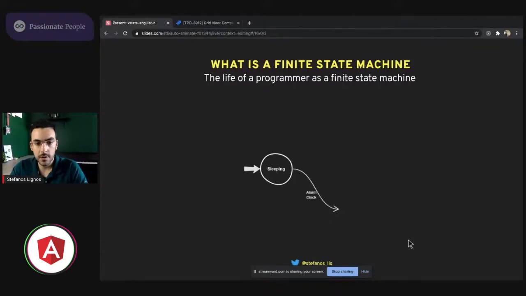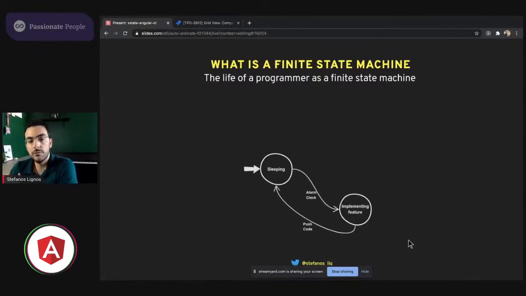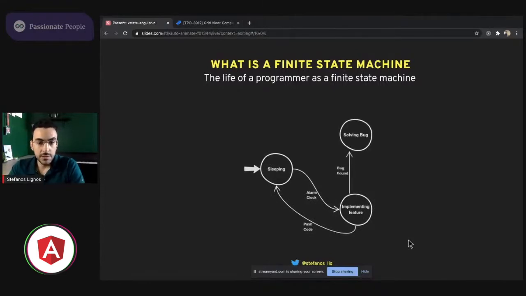And then when the alarm clock rings, when we have this event, he transitions to an implementing feature state. And then after the push code event, he transitions to the sleeping state. Or if there is a bug found event, then he transitions to a solving bug state. Then when the bug is fixed, he can continue implementing the feature, or he can push the code and transition